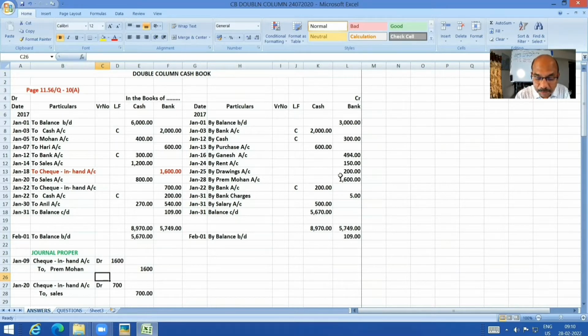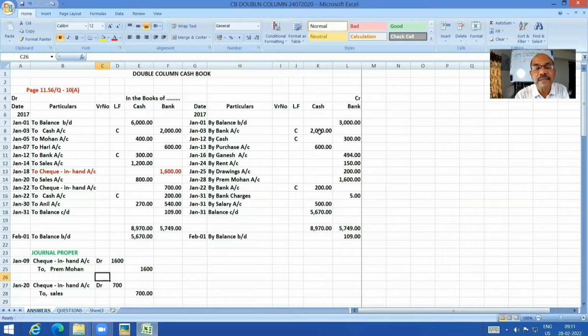Prem Mohan's check deposited in the bank. I told you, yes, on the date of receipt, we had accounted that through general proper. Now they are depositing into the bank. At the time of receiving, I had debited it. Now I am crediting that account and bank is debited. Well, students, there are some other golden words you have to remember. An account followed by 'to' is always a credit, and an account followed by 'by' is always a debit. Because this, of course, is to sales, cash debtor to sales. So sales is obviously credit.